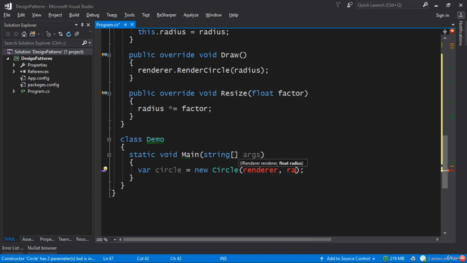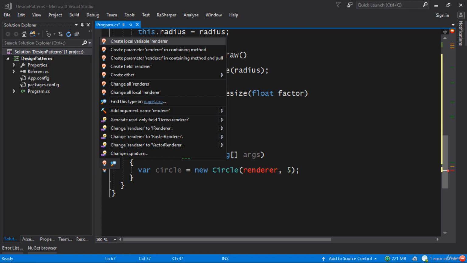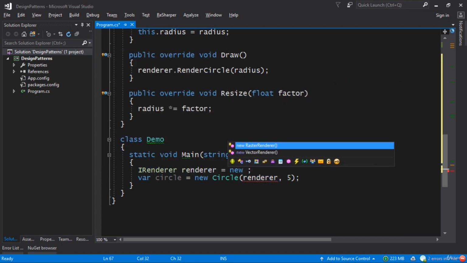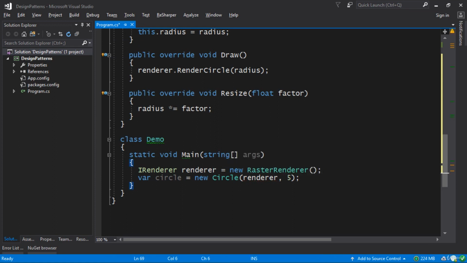Renderer as well as the radius. Let's have it as 5, for example. So the renderer has to be created. Let's make a local variable, and I will assign it to a new raster renderer, for example. So now that we have this, there is this connection between the circle that we've just made and the rendering